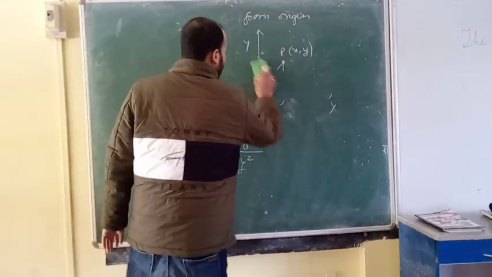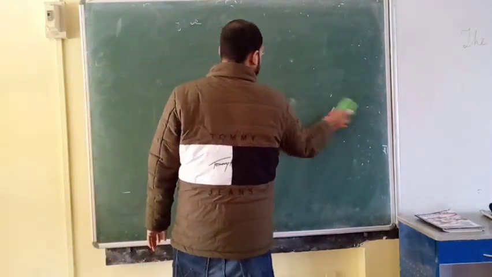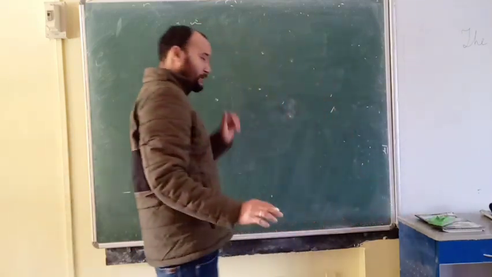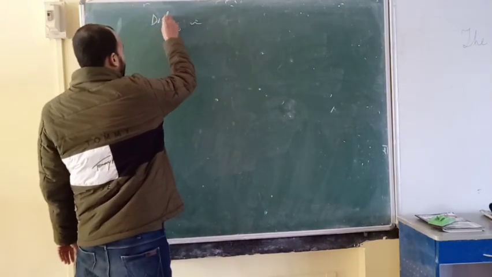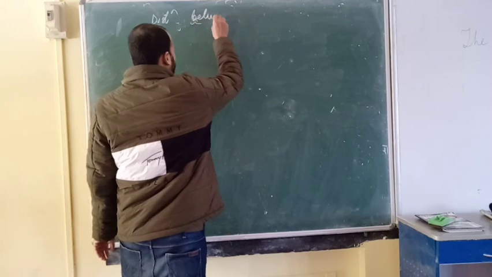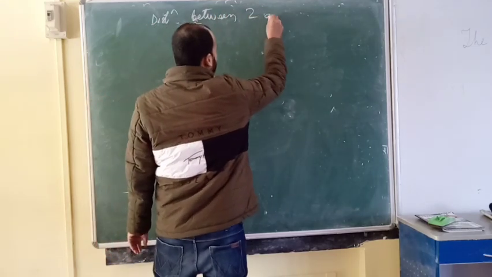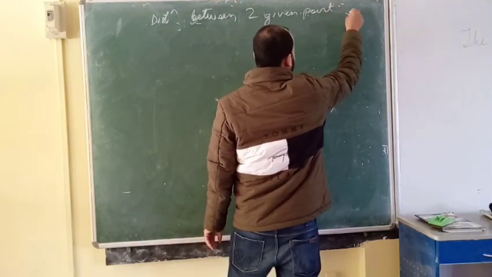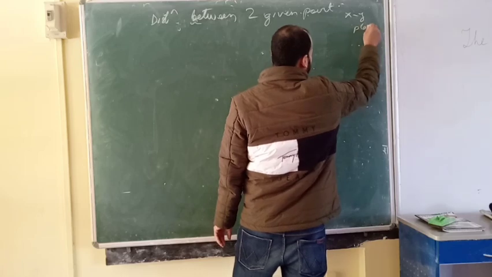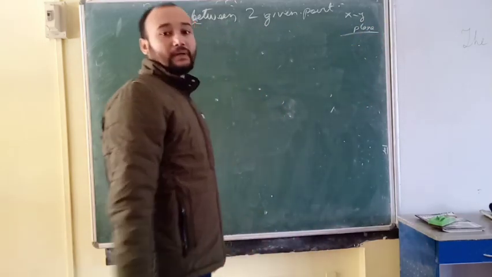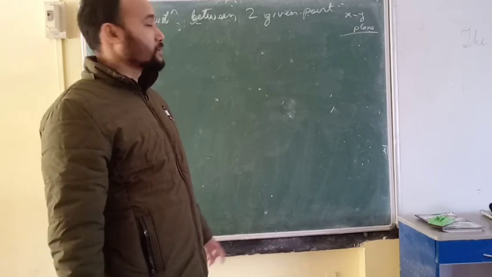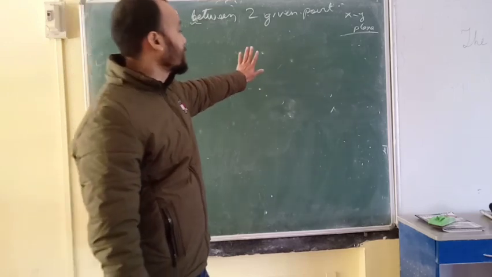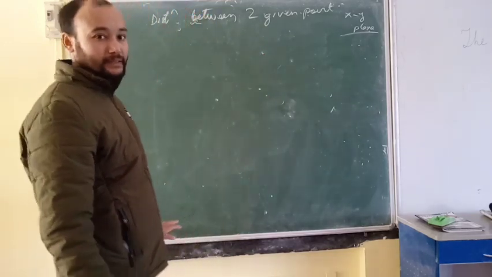Second thing you see. The second thing is distance between two given points in the xy plane. I think you are clear with the term plane. In physics also we have done. Yes, I have discussed in my earlier video also that the incident ray, the normal at the point of incidence, and the reflected ray lie on the same plane. Now which is the plane? The plane is the xy plane. I have explained it. I think it is clear now.